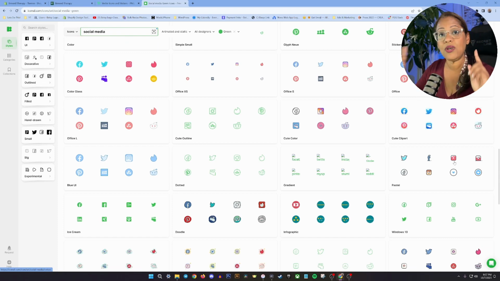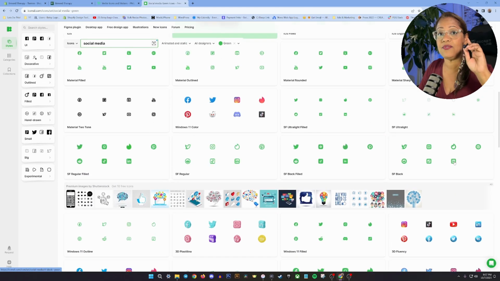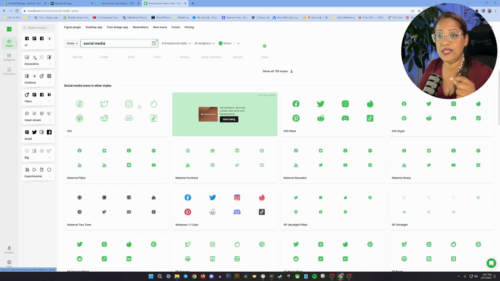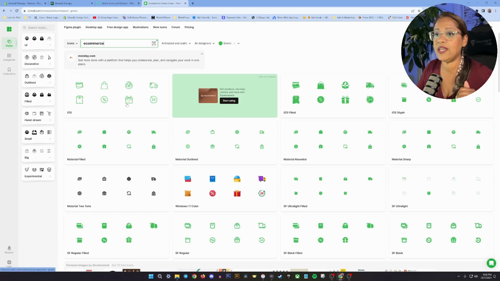Once you have that in mind, you have to stick with those types of icons. If you're going to use these pencil ones, then for any other icons you want to replace on your website, such as the basket or the search, you need to make sure you stay with that same style when you search for them. Let's say we keep with these pencils. For e-commerce, you want to change some of those other icons, so we go to e-commerce, and perfect. You see how these match